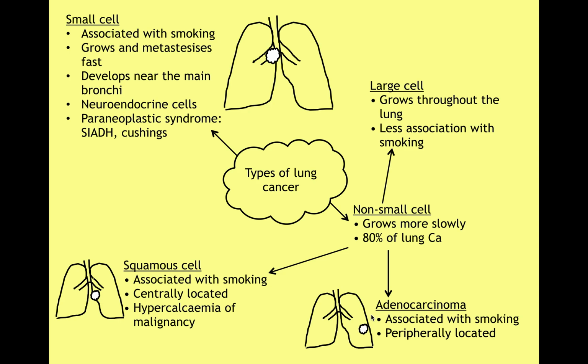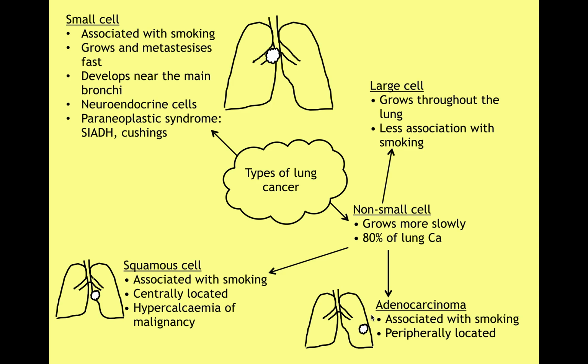So there are different types of lung cancer. It's not important to know a lot about the different types of lung cancer, but just to be aware that there are different kinds. So small cell lung cancers are not the most common. They're the least common type of lung cancer. They are associated with smoking, and they tend to develop really quickly, so they metastasize quite fast. Generally tend to grow near the main bronchus in the kind of centre of the lungs, and they're actually related to